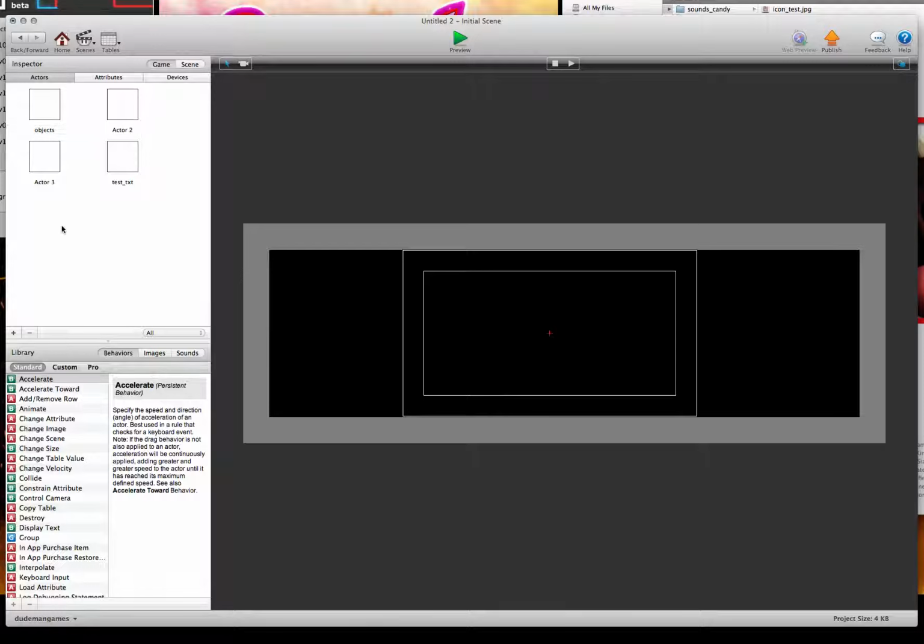So we're going to have one that's just going to be the testing text. And so then the first actor we're going to need is the objects. And we're going to need something to control this whole system. So I've been calling it object order, and so we'll change this to like a lime green color here. Alright,